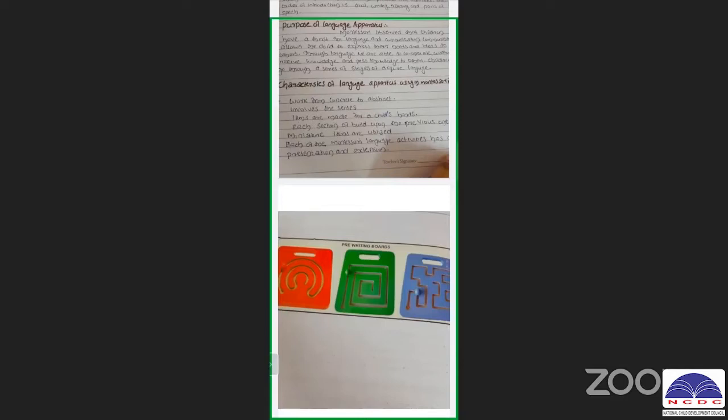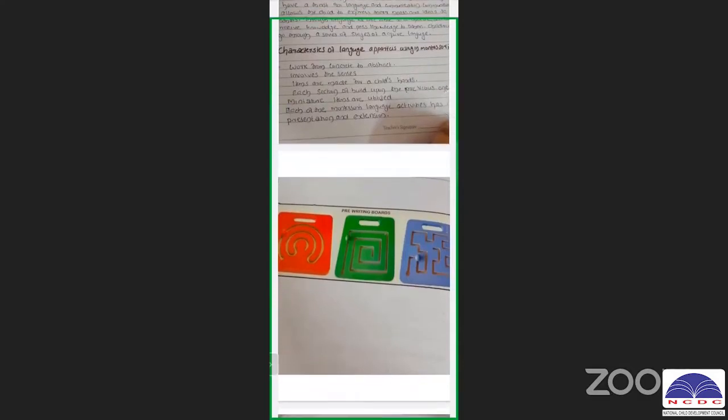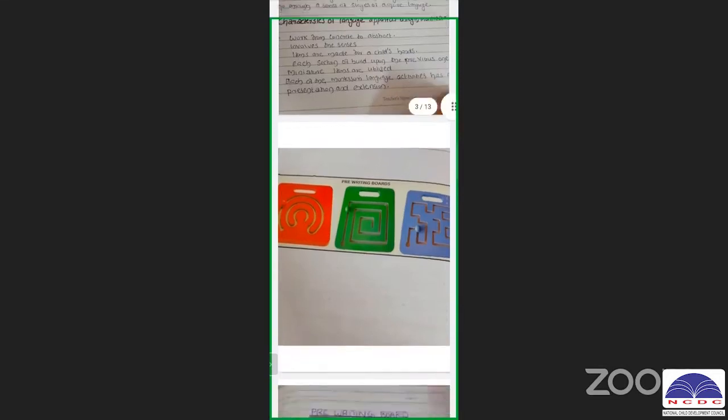They can understand how to control their eye and hand coordination. The coordination of large muscles and of large and small movements will be improved. There are different kinds of benefits we get: concentration will be improved, eye-hand coordination will be improved, and the conducive development of muscles is improved. They are also prepared for writing. This is the main early stage of Montessori education, where we introduce these activities, the pre-writing board.